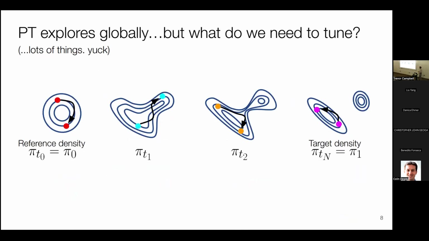Okay, so that's parallel tempering. The thing I have not told you is how to make it actually work. Because we're doing a lot more stuff, that means we have a lot more stuff to tune. Specifically, we need to pick that reference distribution. As it turns out, that's really important to pick. You can't just do this arbitrarily. We also need to pick